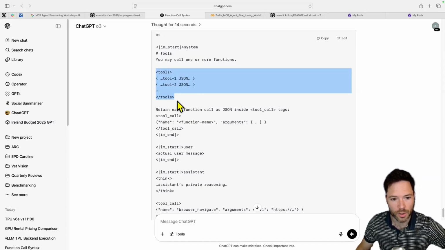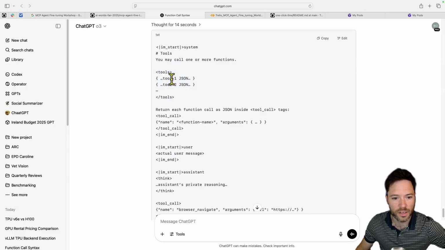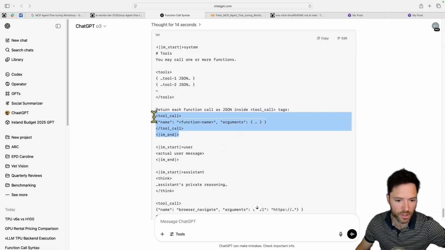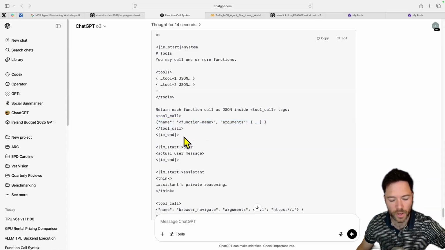And the LLM is being told, okay, you have access to these tools. There'll only be one in our case, which is the browser. Please return each function call as JSON inside tool call tags if you wish to call a function. So we're telling the LLM, here's how to call a tool by giving us these XML tags and then the JSON. After the system message, we have the first user message, which would be the first message like navigate to